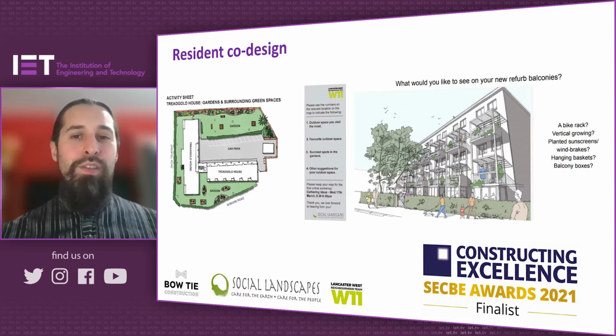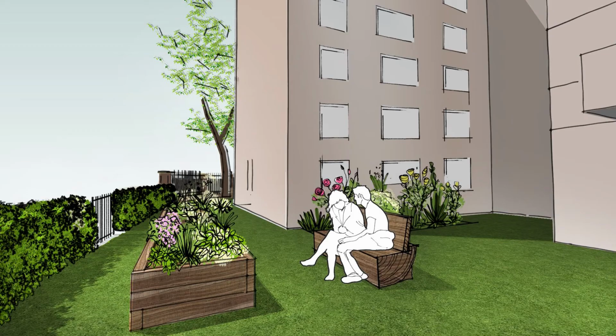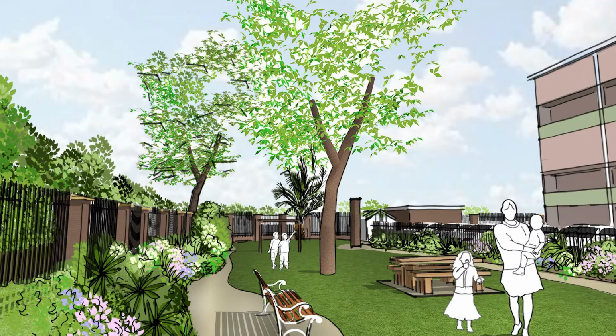So the resident engagement is really important, and it goes down to explaining to the residents what it is that's being proposed, and also involving them in the process as far as co-design. So we partnered with Social Landscapes, who are permaculture design specialists, and permaculture is all about earth care, people care, and fair shares. So it's about making sure that everything gets looked after in the design,